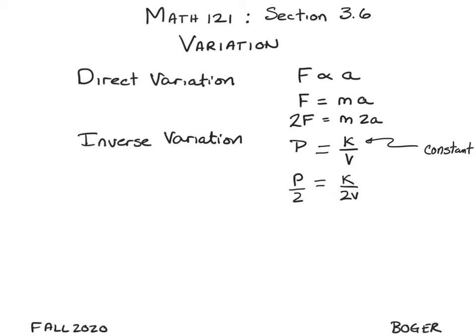Of course, I could do direct variation in another form, such as a power. For instance, force could be equal to a constant times velocity squared. That turns out to be wind resistance. If you're going very fast, the force is proportional to the wind speed, but it's proportional to the square of the wind speed when it's going fast. So I could do it as a power, and that would be direct variation as well,